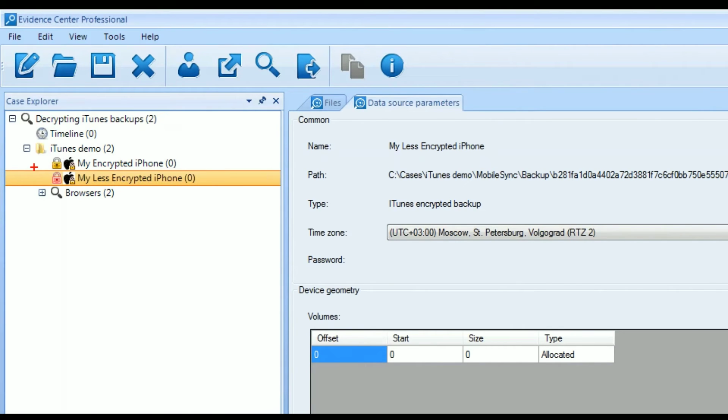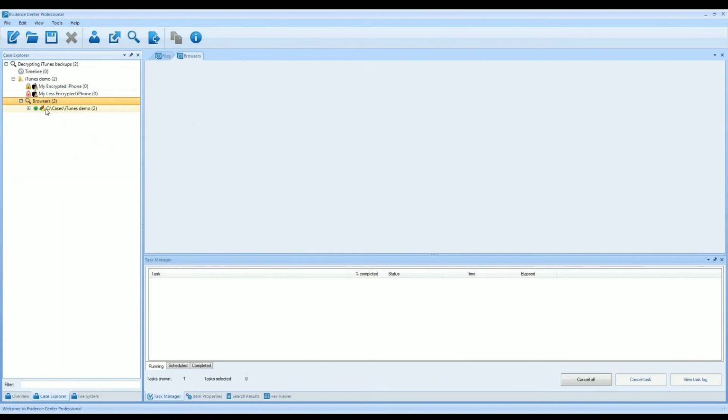The big lock icon turns red. It means that the password didn't match. Well, you can make further guesses, and for your inspiration you can look at other extracted evidence, for example, browser passwords.